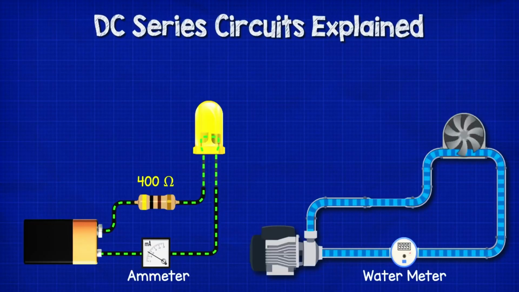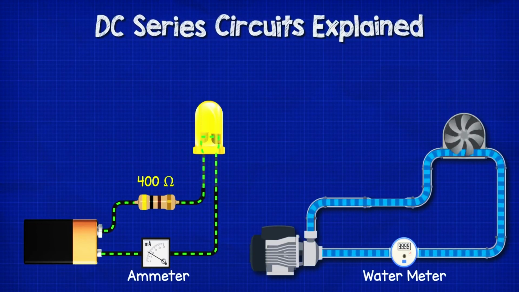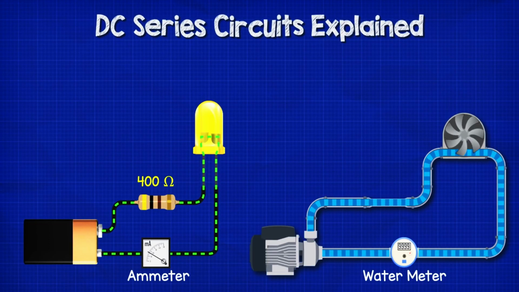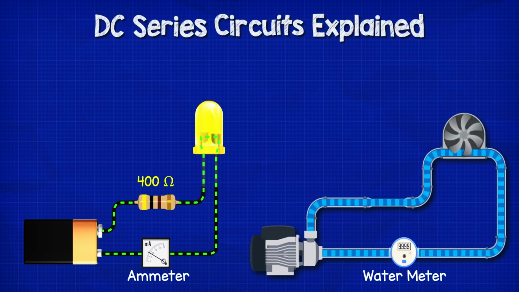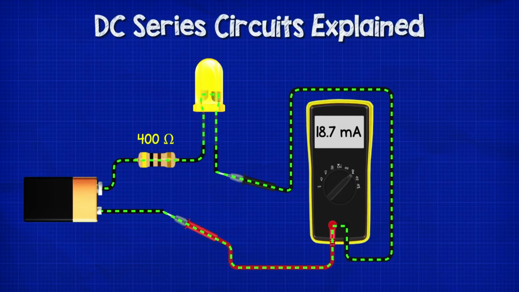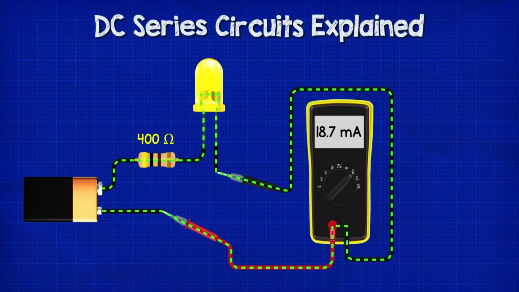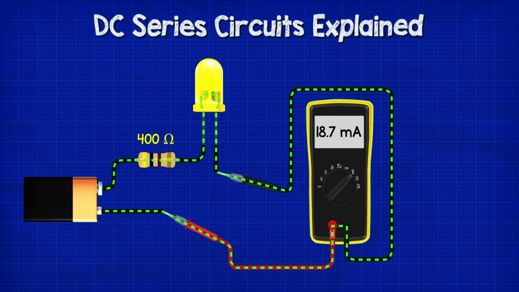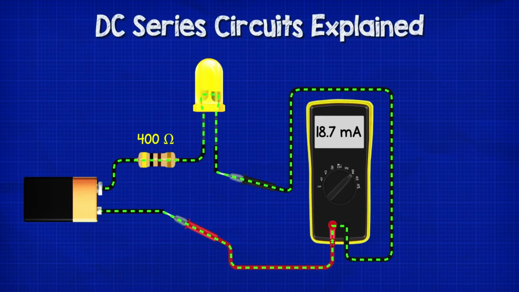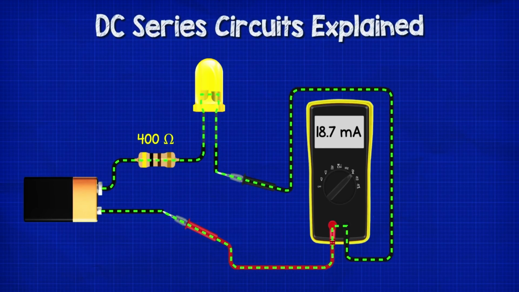We measure current by placing an ammeter into the circuit for the electrons to flow through. This is like a water meter in the sense that water must pass through it for us to measure it. We can connect a multimeter into the circuit to also read the current. The multimeter must be placed into the circuit for us to take a reading, because the current will flow through this. The meter will add some resistance to the circuit, but it's such a small amount that we can usually